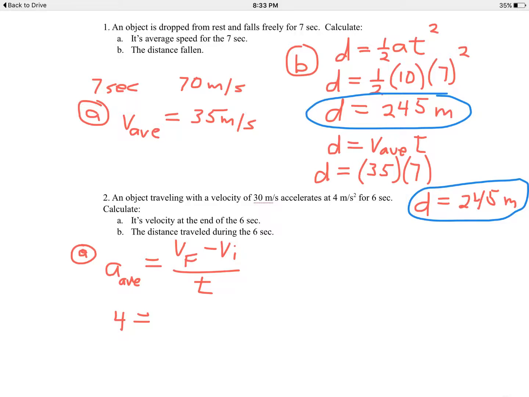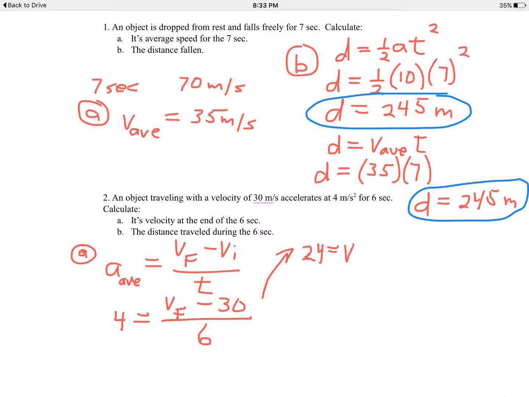V final, we don't know what that is. We're looking for V final, the final velocity, the instantaneous velocity at the end. But V initial here is 30 meters per second. So that's V final minus 30 over a time of 6 seconds. So now it requires us to do some algebra. So I'm going to multiply both sides by 6, and I'll start working back up here just to have some space. 6 times 4 is 24, so I get 24